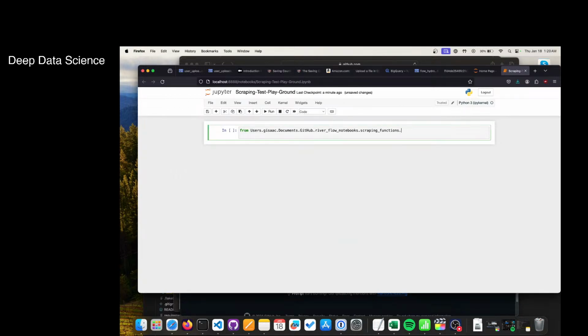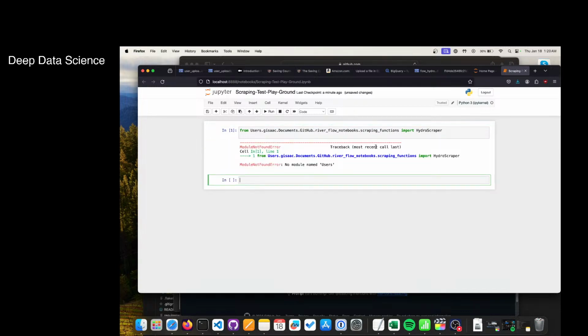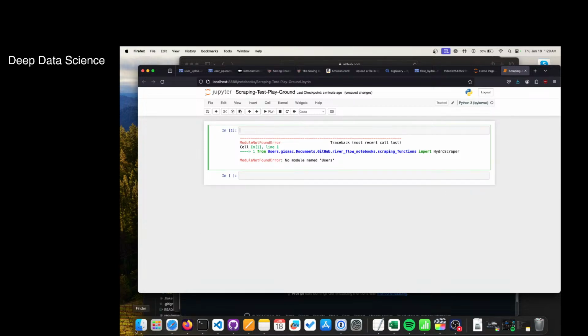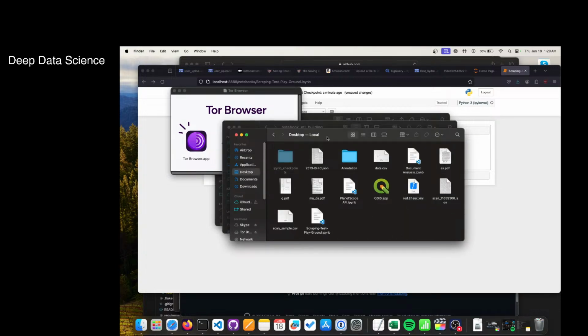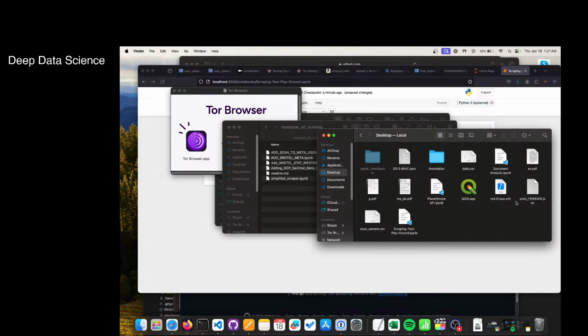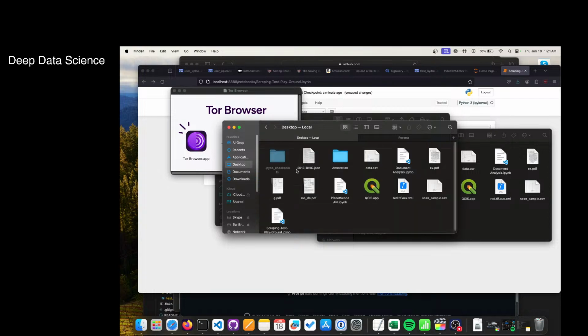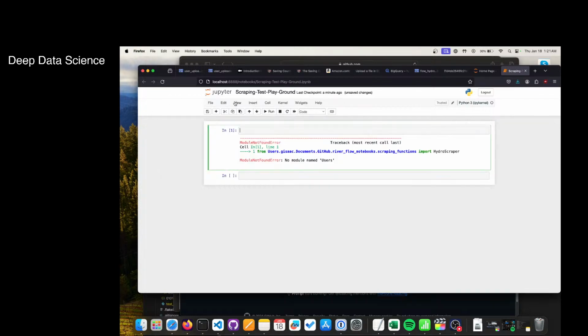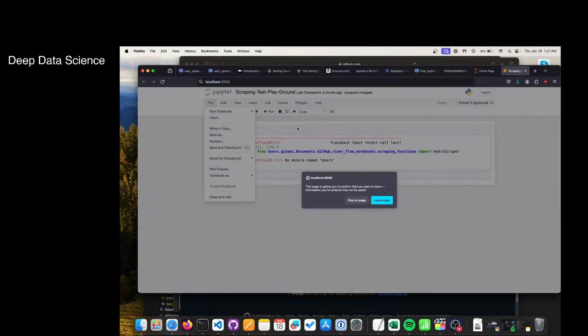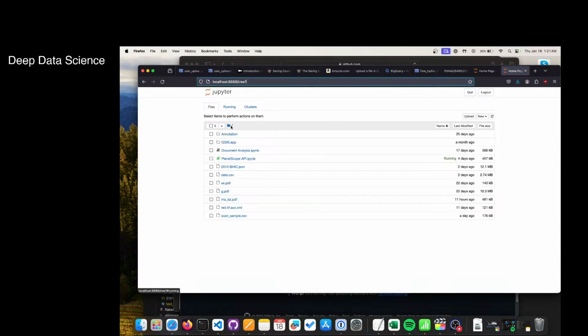Import hydro scraper. Okay, we're not going to actually do that. We're going to move this stuff because creating a long import is just too much of a pain for what we're trying to do. So I'm going to move this there, and this there. That's going to throw this off, but then I can more easily go to,